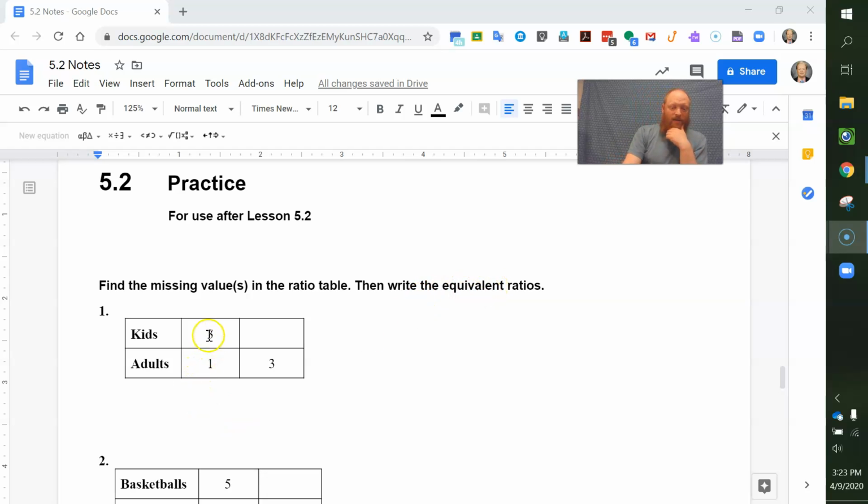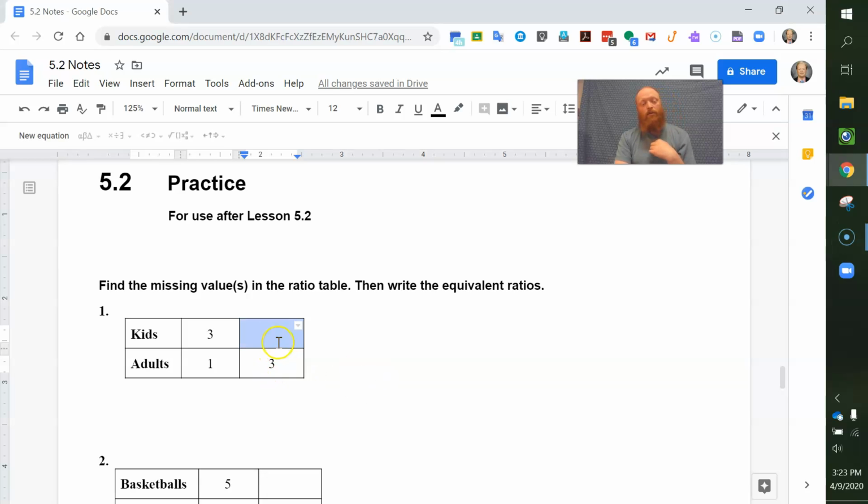So if this is a ratio of 3 to 1, kids to adults, 3 kids for every 1 adult. If we scoot over here, and now all of a sudden we have 3 adults. What is the multiplication connection between 1 and 3? Well, to get from 1 to 3, we have to times 3. So 1 times 3 is 3, which means that 3 times 3 here would be, I have to center this,